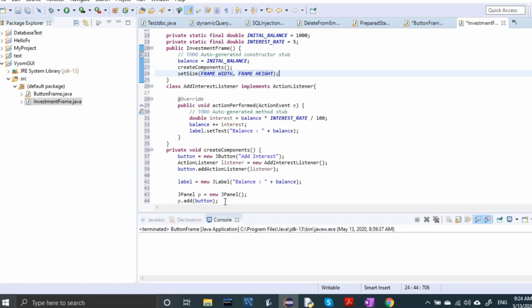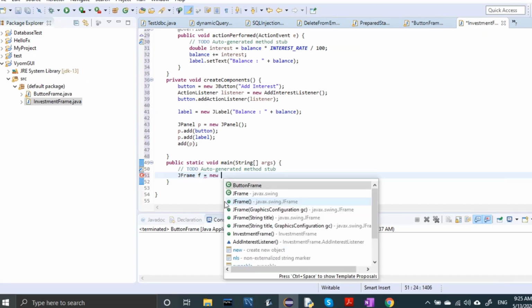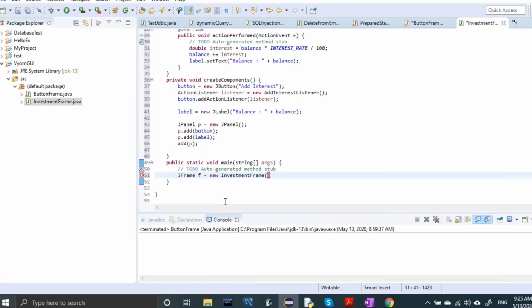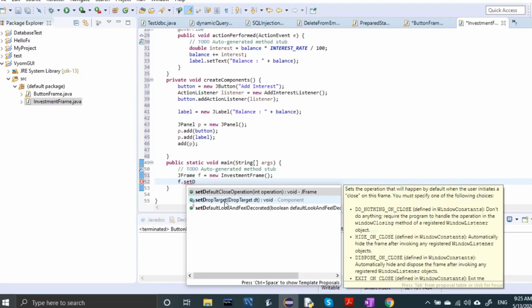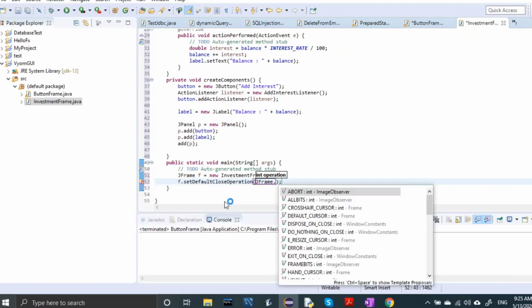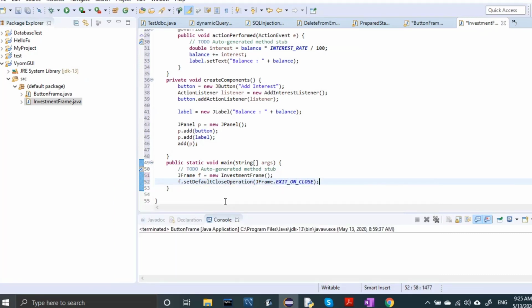Now from the main method we create frame equal to new, the name of the class is InvestmentFrame, and then f.setDefaultCloseOperation, JFrame.EXIT_ON_CLOSE.